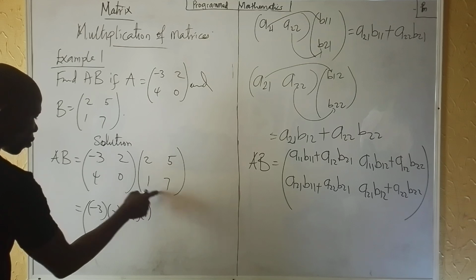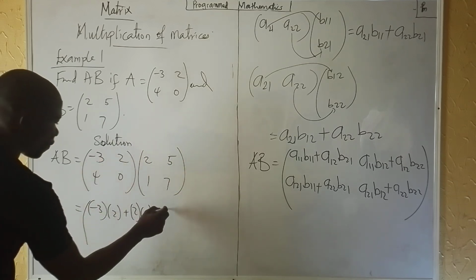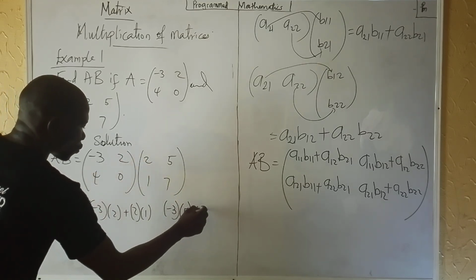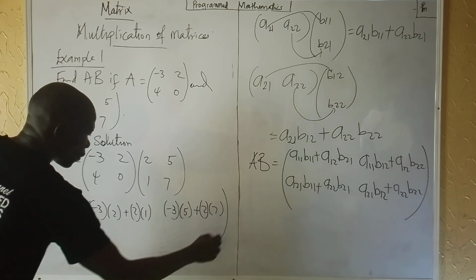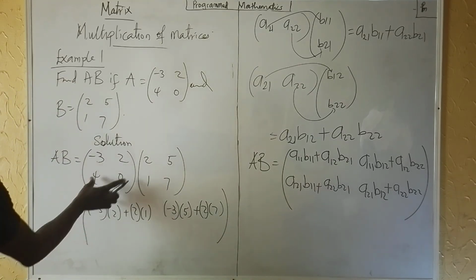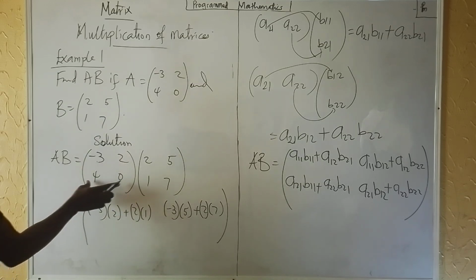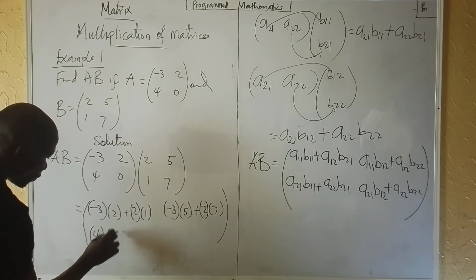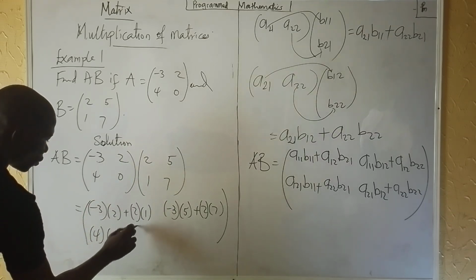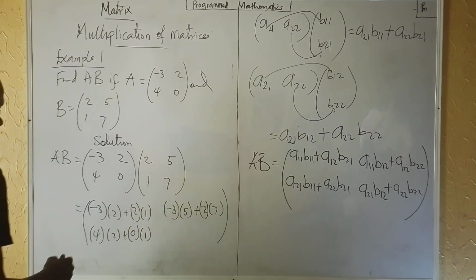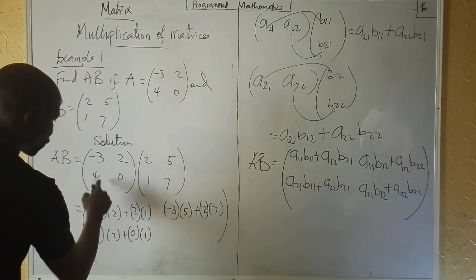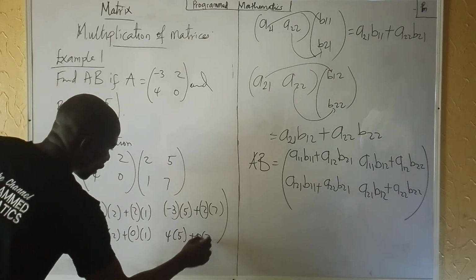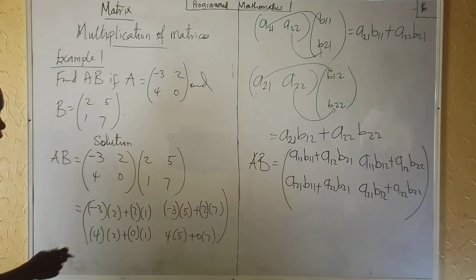Now first row, second column will follow the same order. Minus 3 times 5, then plus 2 times 7. Okay, so we are done with the first row. So move on to the second row now. Second row, we have 4, 0, that will also multiply this 2. So 4 times 2 plus 0 times 1. Then second row, second column also will follow suit. 4 times 5 plus 0 times 7. So if we simplify this,